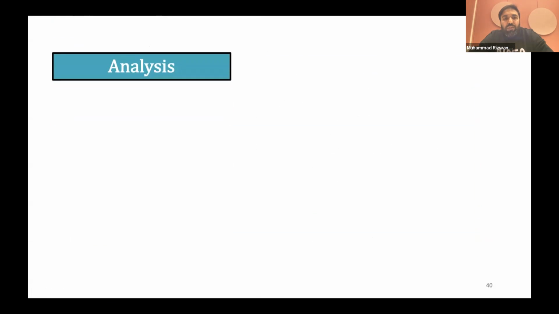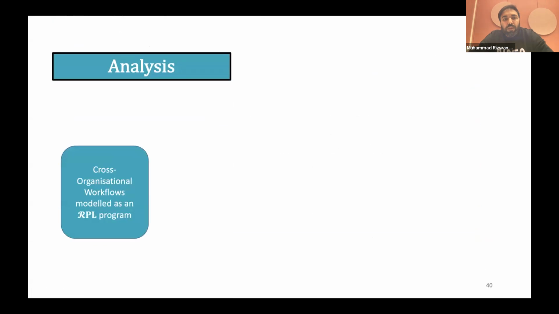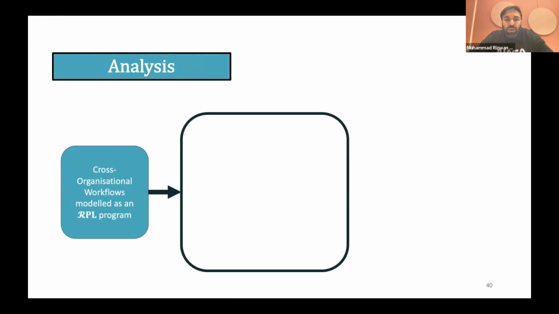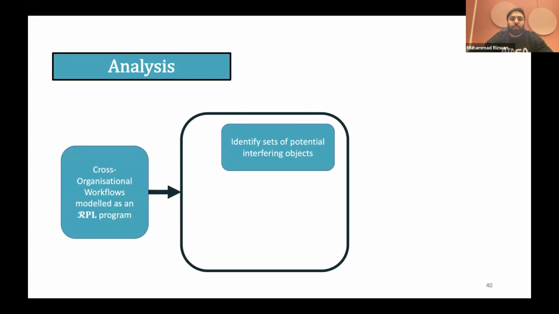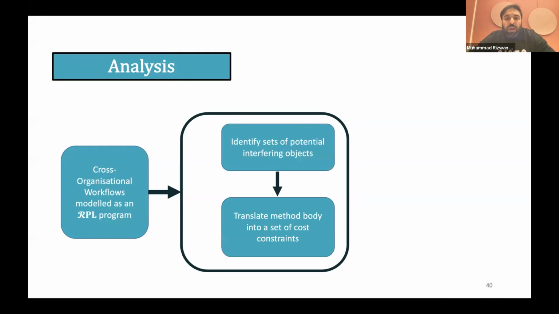For the analysis, first of all, we model a program. We model cross-organizational workflows in our proposed language. After, we apply analysis in a sense that first of all, we identify a set of potentially interfering objects. After identifying these objects, we apply a method translate to each body of every method.